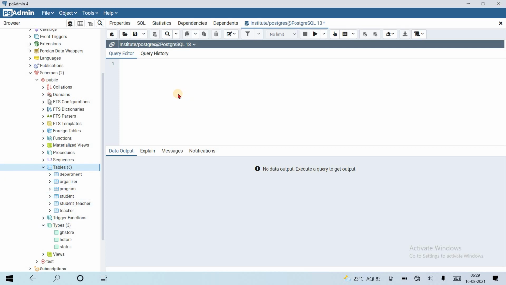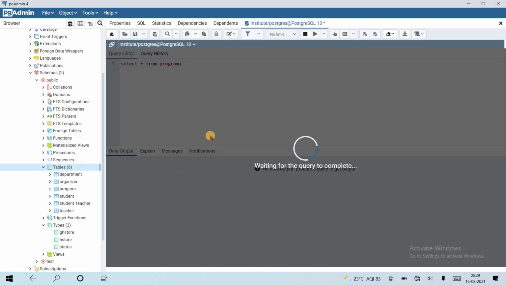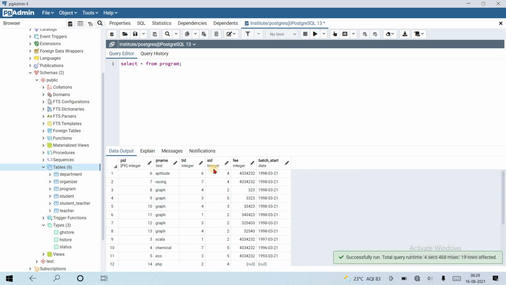Suppose select star from program. Let's run the query. You can see that the program values are coming up. The program has PID, PName, TID, SID, P, batch start, all these values.